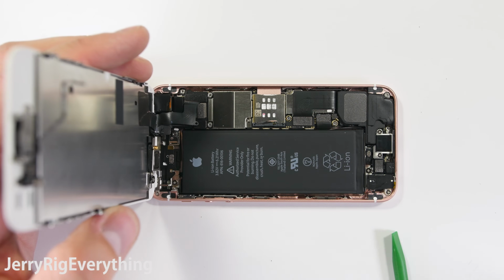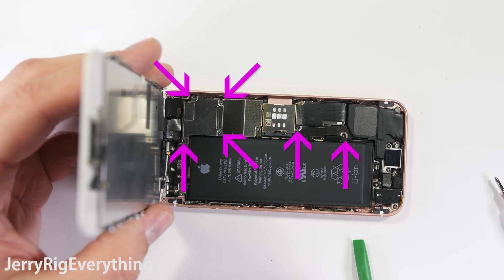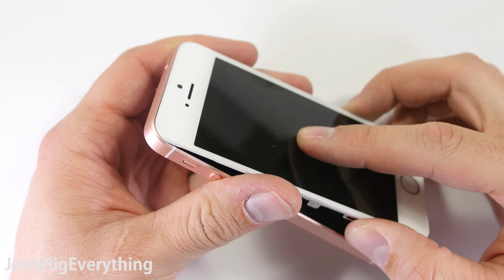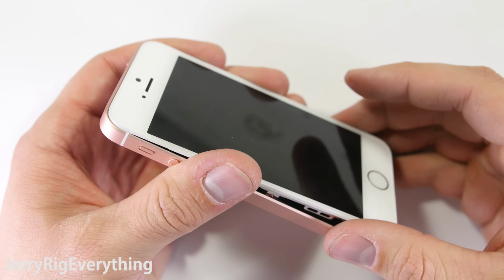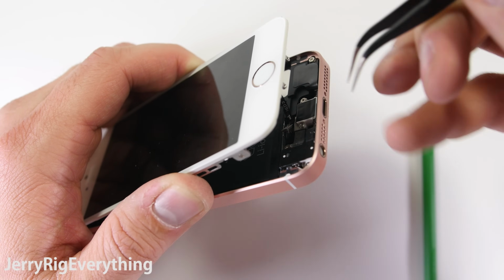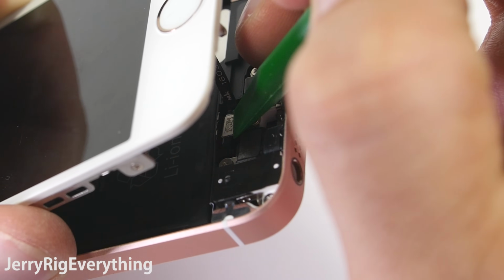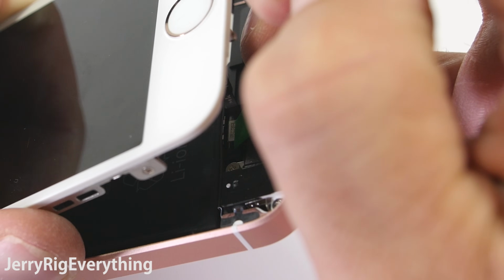Mine is working fine, so I'm going to go ahead and set those metal plates back into place and screw them in. Now I'm going to reseat the top of the phone into the frame, and this will keep it stable while we're working on the silly little ribbon cable down here at the bottom. You're going to hate this thing. What I show here in just a few seconds is actually much more difficult in real life. I'm going to seat the ribbon cable right above its connector on the charging port and snap it down